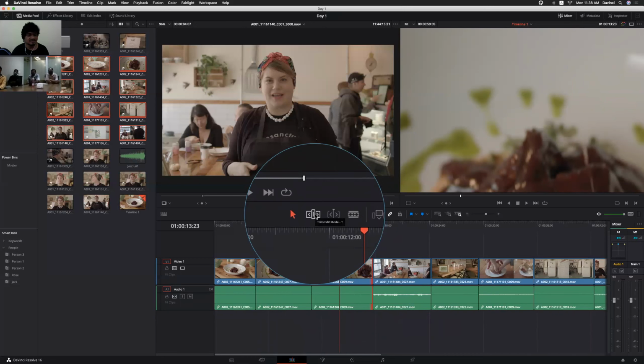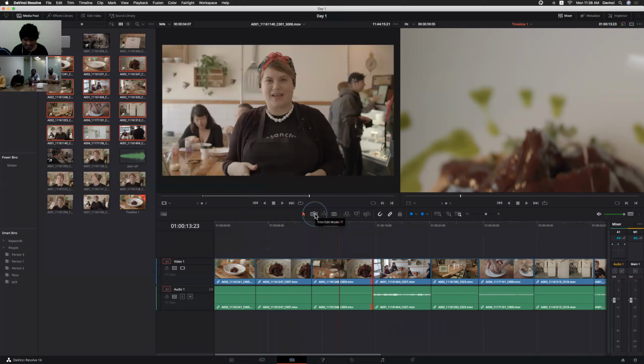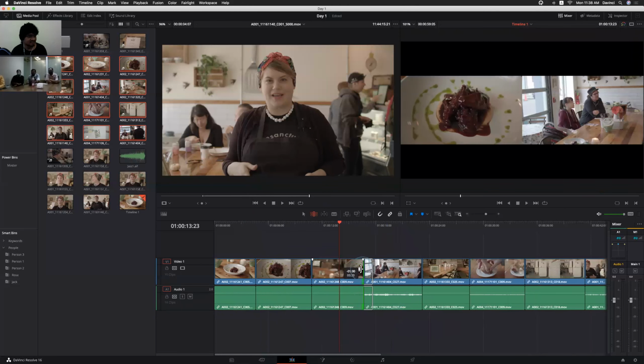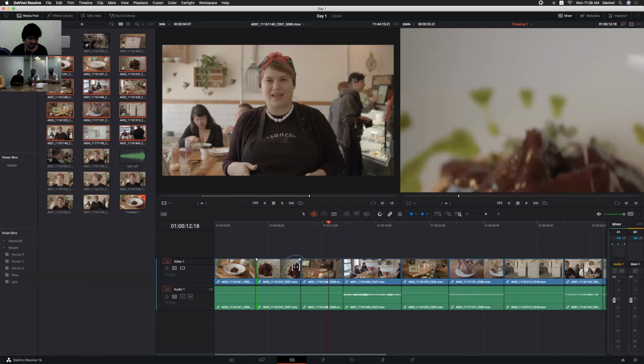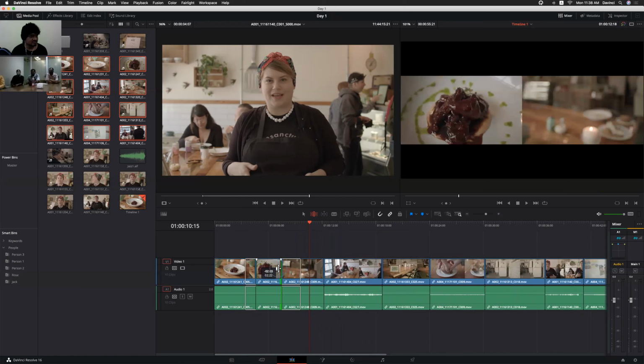Okay, trim tool is the combination of those tools: ripple tool, roll tool, slip tool, and slide tool. Okay, simply select the trim tool. Now it will automatically adjust the clips. Right now we are rippling the timeline, right? So we are able to ripple.